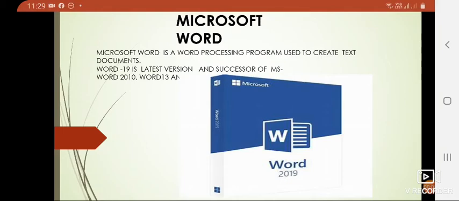Dear students, today we are going to study the new version of MS Word, that is Word 19, which is covered in your syllabus. The basic difference between MS Word 10 and MS Word 19 is that it is the successor of 10, 13, and 16. It has so many other features that were not present in Word 10, for example the ribbons and some drawing tools also. Here we will discuss the basic differences between this version of Word and the